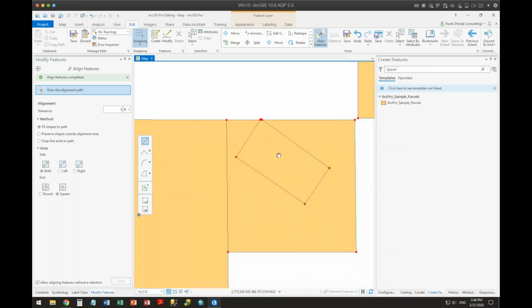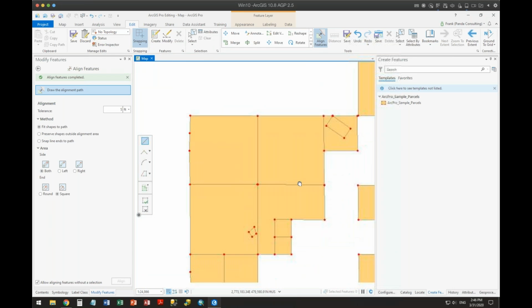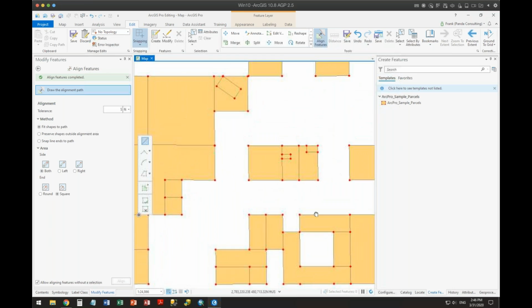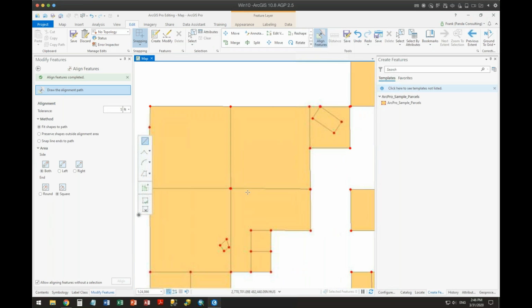Oh, I got a couple nices. You see, I was wondering how long it was going to be before I got those. That is so nice. You know, I have to share with you, that was one reason why we started using ArcGIS Pro back at 2.2, because we had found how to symbolize and look at these vertices, and then how to start cleaning them up so that we could clean up some of our data.